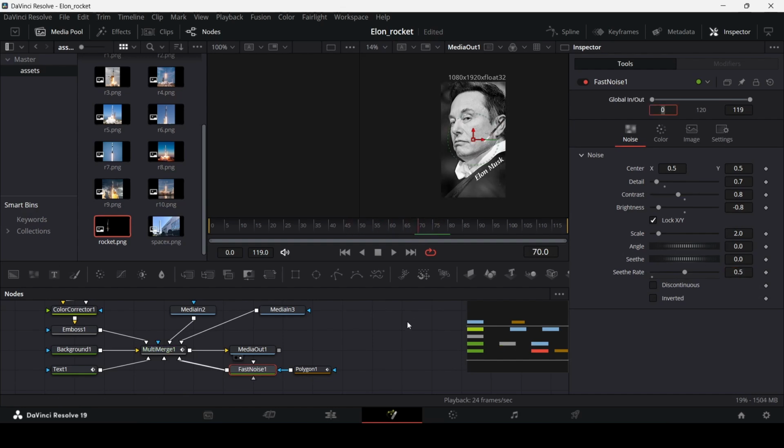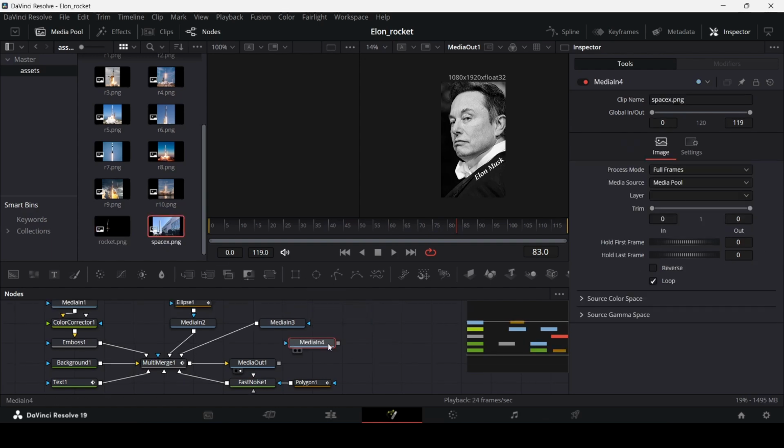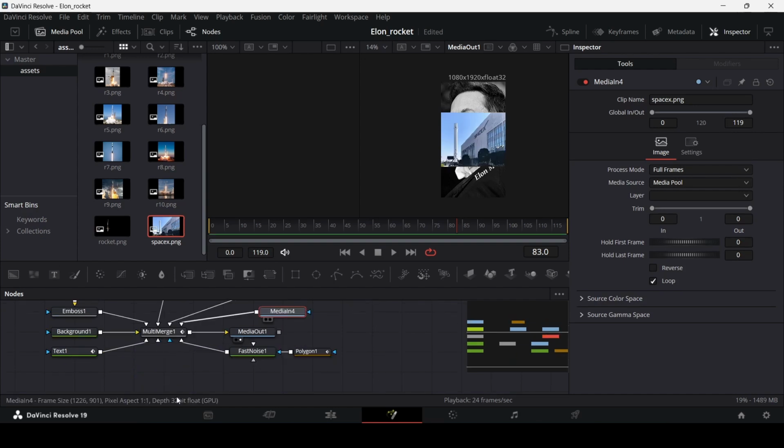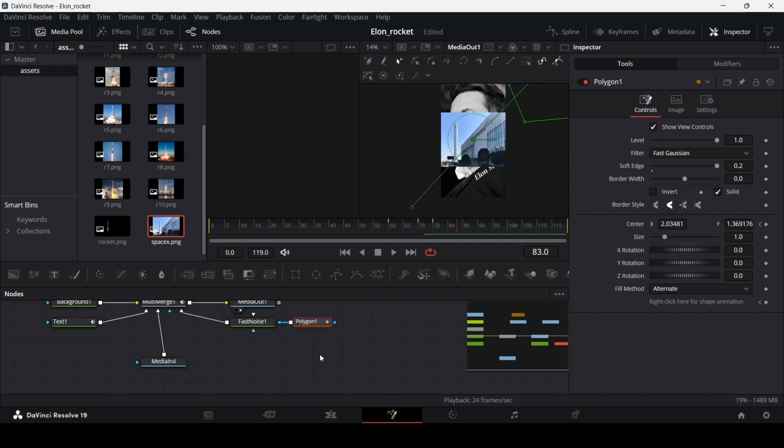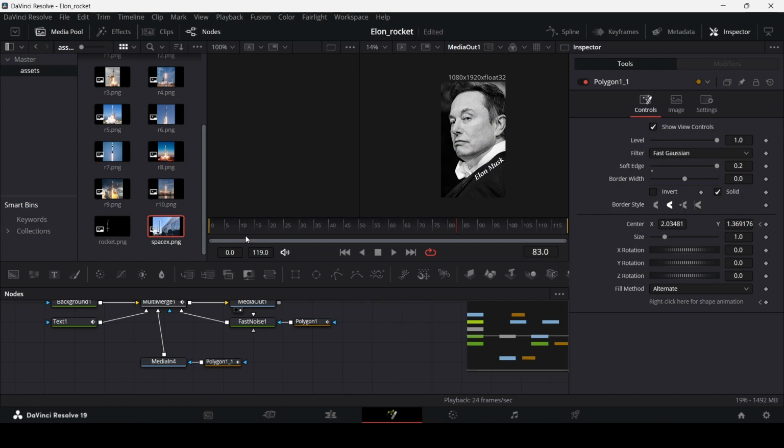So at 0.5 looks good. And right here where this rocket goes outside the screen, we're going to add this headquarter image. So let's connect this right here with the multi-merge. And what I'm going to do here is copy this polygon, Control C, and then paste Control V, and then just add this to the image. So this is how it will look